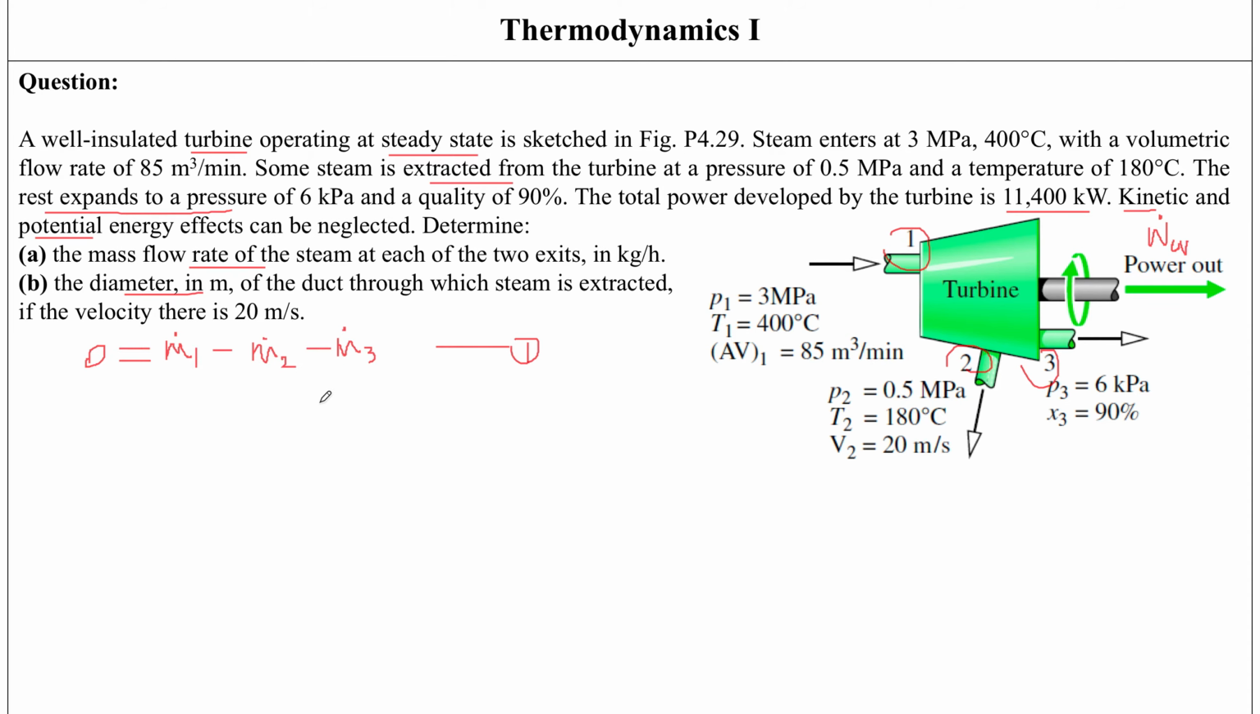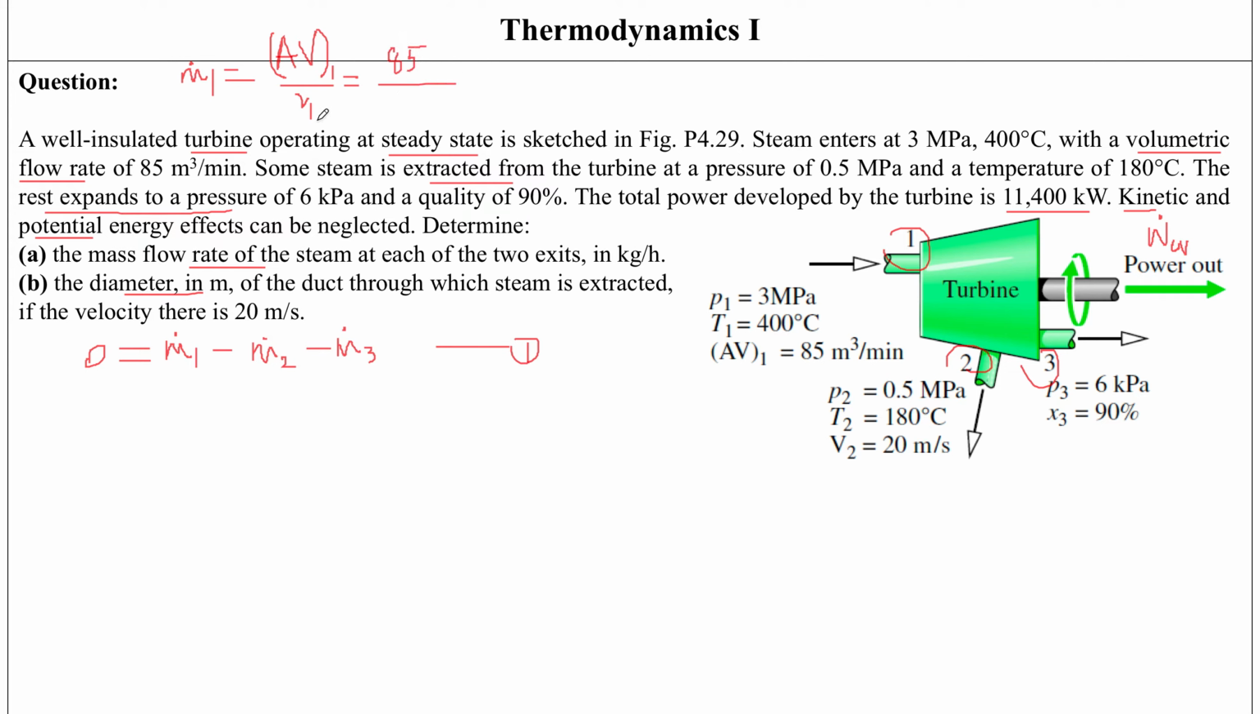Actually, you can also find out m dot 1 here, and the way to do that is you need to see the information that is given to you. So m dot 1 is equal to AV at 1, and this is called what? It is called the volumetric flow rate. So volumetric flow rate divided by specific volume at 1 is going to be equal to, you've got 85 meter cube per minute